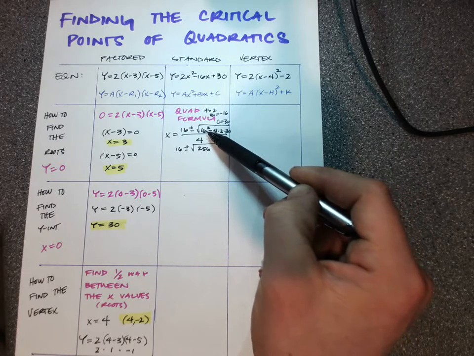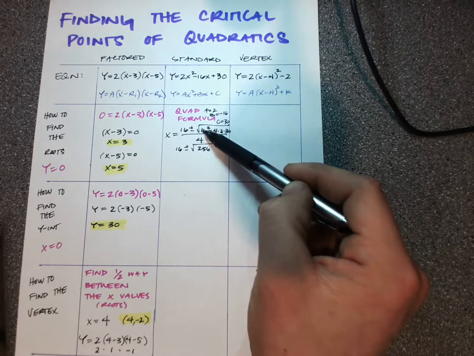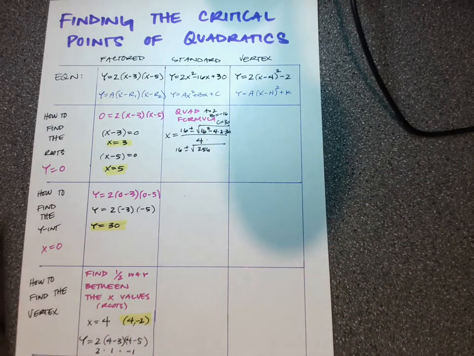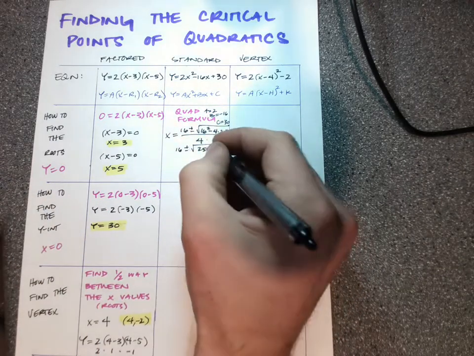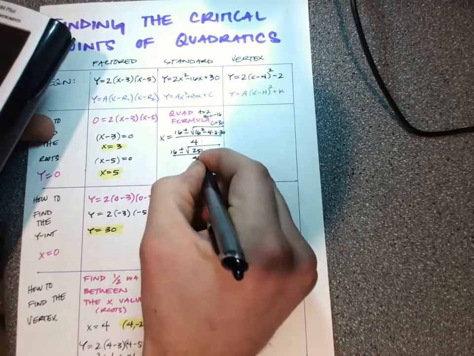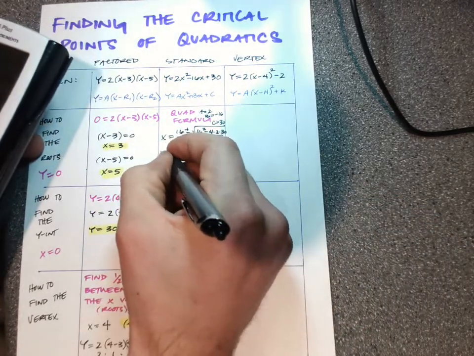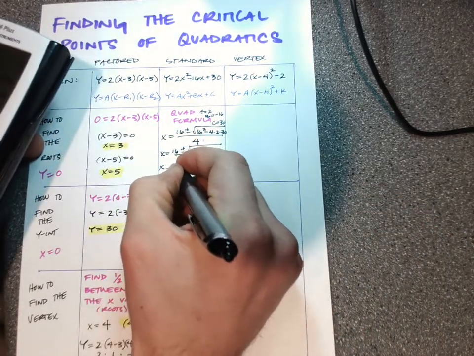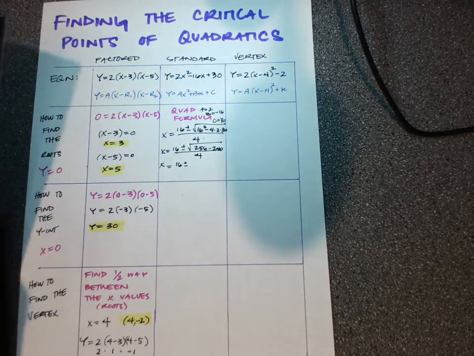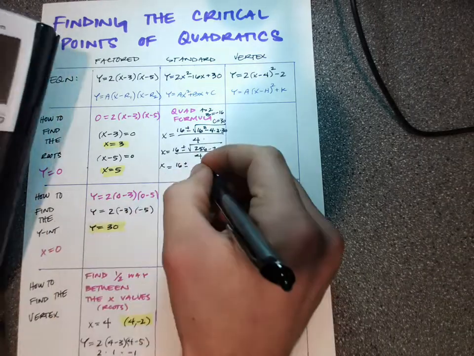So I tend to get lazy on putting the negative in that particular part of the quadratic formula. All right, minus 240 all over 4, and that's for x. Simplifies to 16 plus or minus the square root of 16, oh, that's 4,